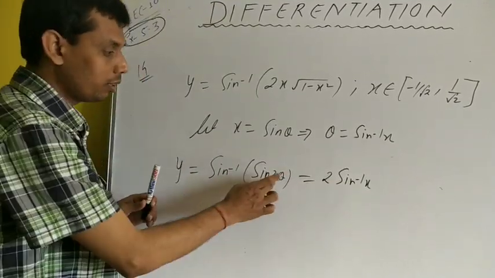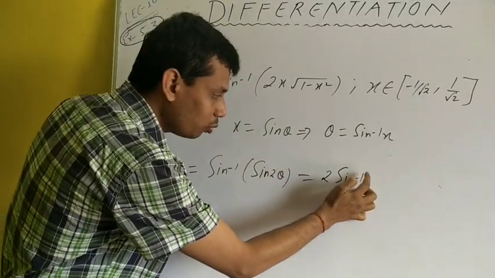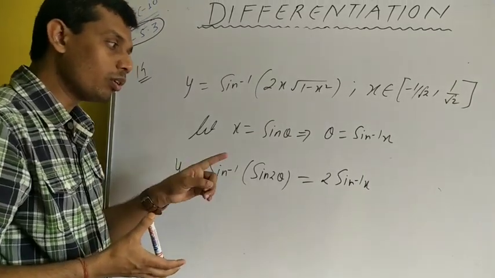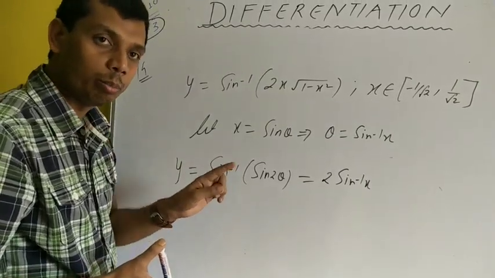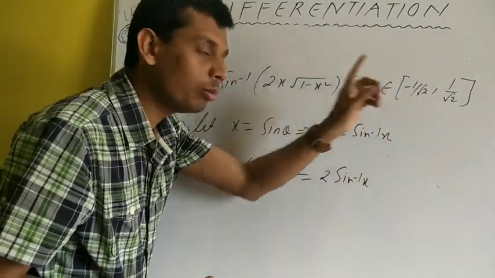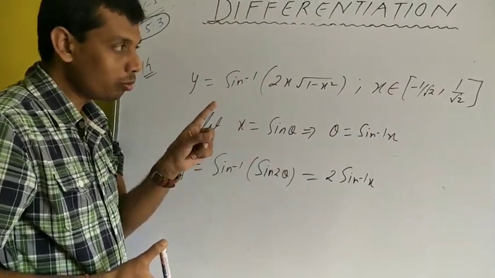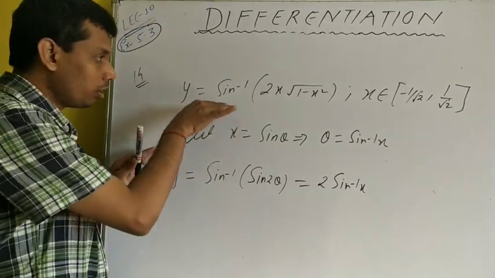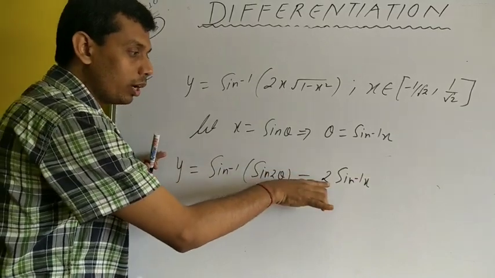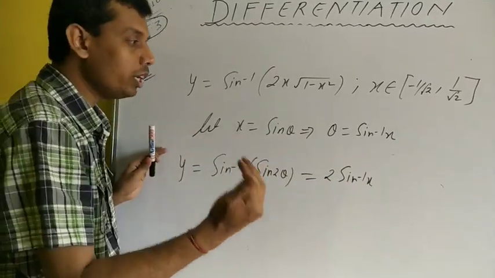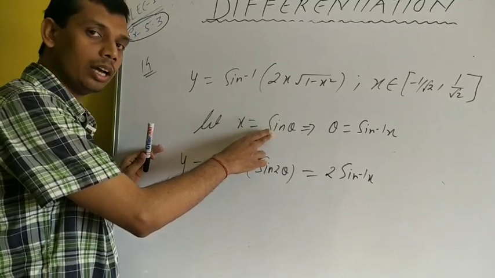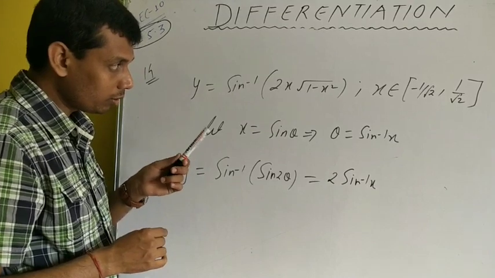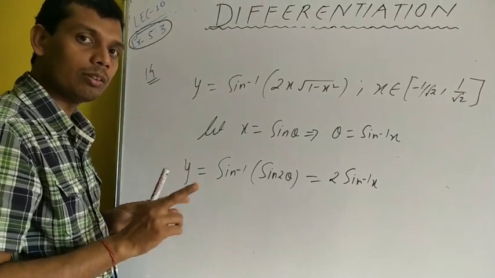Cos inverse x. We'll get the same value, okay, but at this place we'll get twice of cos inverse x. So twice of cos inverse x is also correct, but the interval should be 1 by root 2 to 1. So you have to keep that interval in mind. It's very important. For this interval, if you proceed by assuming x is equal to cos theta, marks will not be allotted, because in this interval its value should be twice of sin inverse x only.